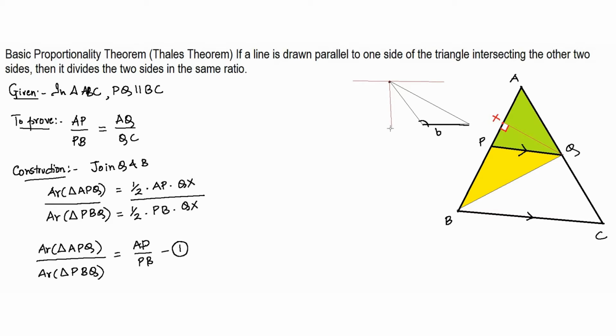So this is how I can draw the altitude. I can always extend my base, and this vertical distance will be the height of this triangle, the height that corresponds to this base, correct? And that is what happened in triangle PBQ. Because angle P was an obtuse angle, the altitude lies outside the triangle. I hope you understood the first equation that we have reached so far. I'm going to pause for a minute and then I will take up the next equation.